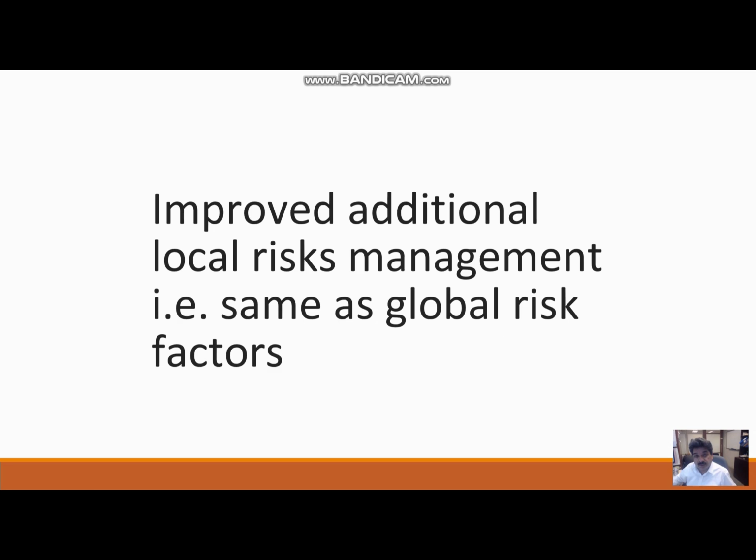Then in the area of additional risk, we have improved the management of additional risk. In the past, you could only enter an additional risk in a text box, and there was no possibility of assigning a focal point or adding a risk assessment of the additional risk, which we have changed now. Now the additional risk will have almost the same capability as the corporate risk register that you have. In this way you will be able to assign a rating, and you can also create a mitigation plan even for these additional risks.